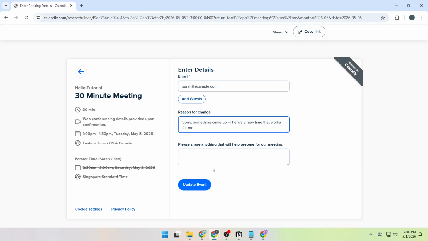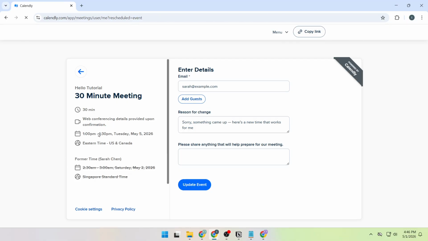The meeting updates in place and the list refreshes with the new time. You do not need to reload the page, open a separate tab, or switch somewhere else to confirm that the